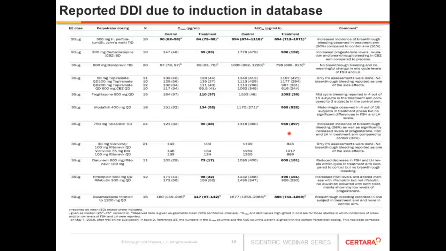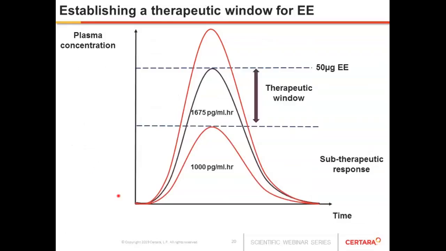So based on these studies, we were able to identify an exposure concentration of about 1,000 picograms per ml per hour, below which we had reported side effects. So for those clinical studies whereby the concentration of the drug went below 1,000 picograms per ml per hour, the total exposure concentration, the AUC of the drug, then there was a likelihood of experiencing a higher unwanted effect in